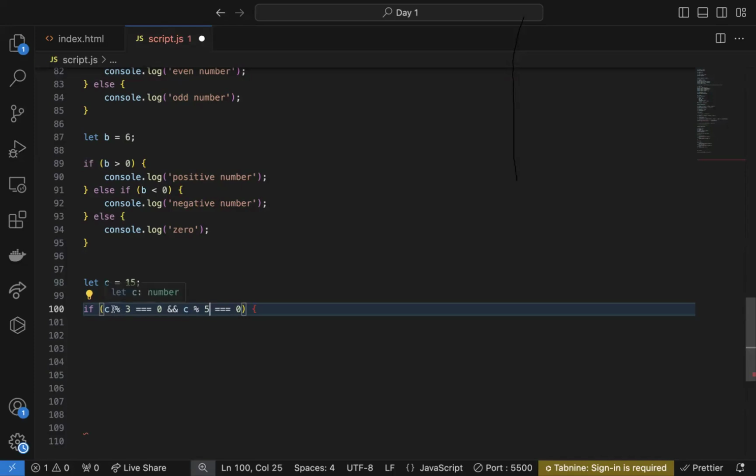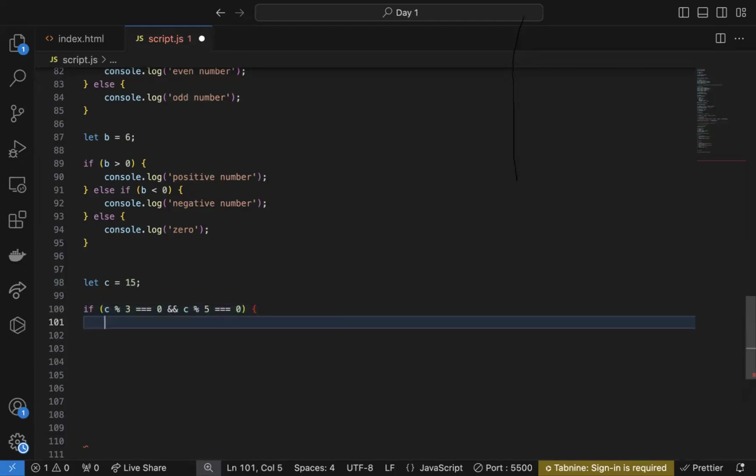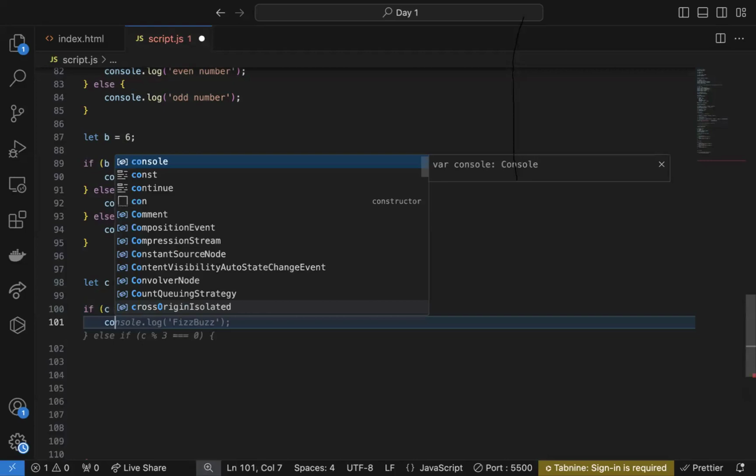So what we are saying is, if this divides this number and has 0, and this also divides this number and has 0, we want to console.log